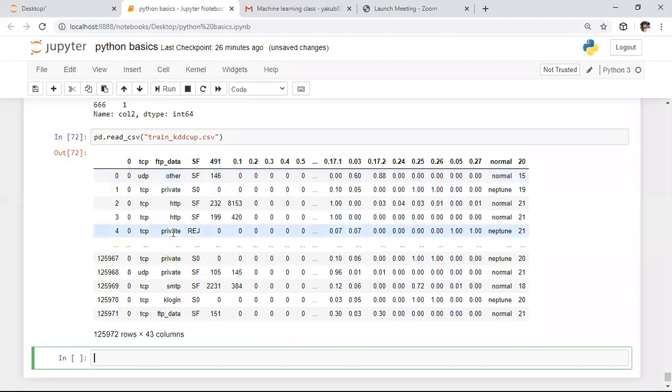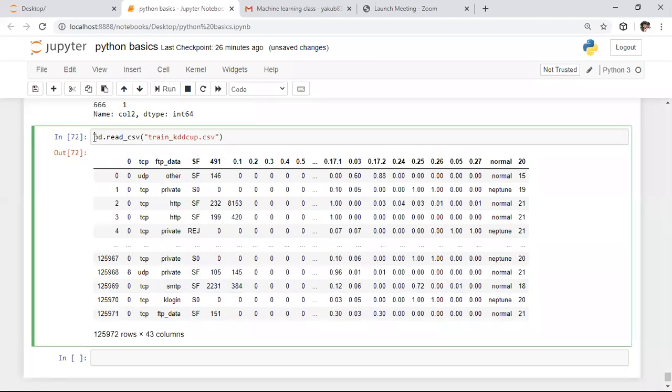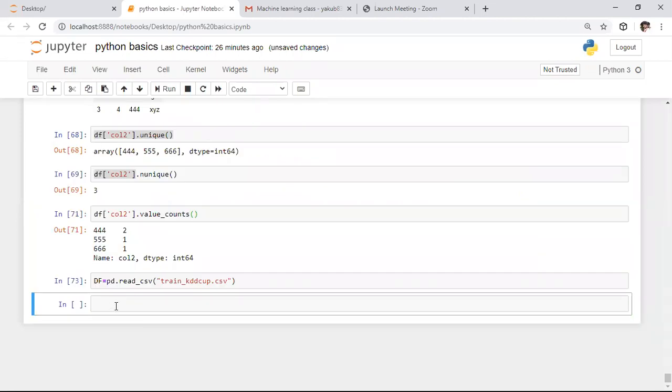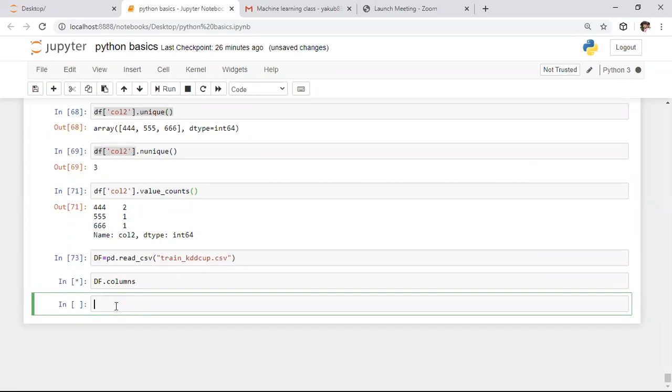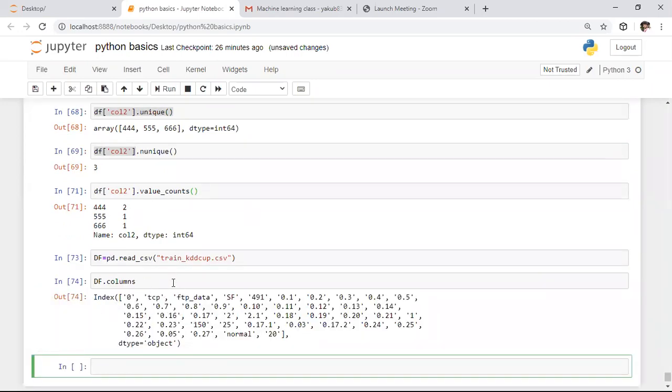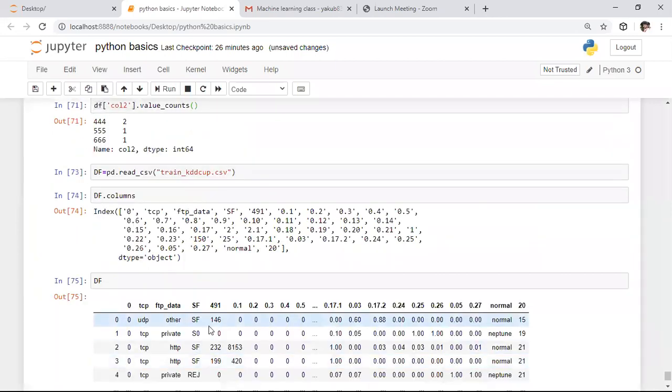Whereas if you want to access the data present in an Excel file, it is different. Here I'm storing this data in the data frame attribute, data frame equals to, and storing this result. In the data frame, if you want to know the column names corresponding to this entire data frame, we need to use the columns attribute. Whenever you apply the columns attribute, it will return all the columns present in this data frame.